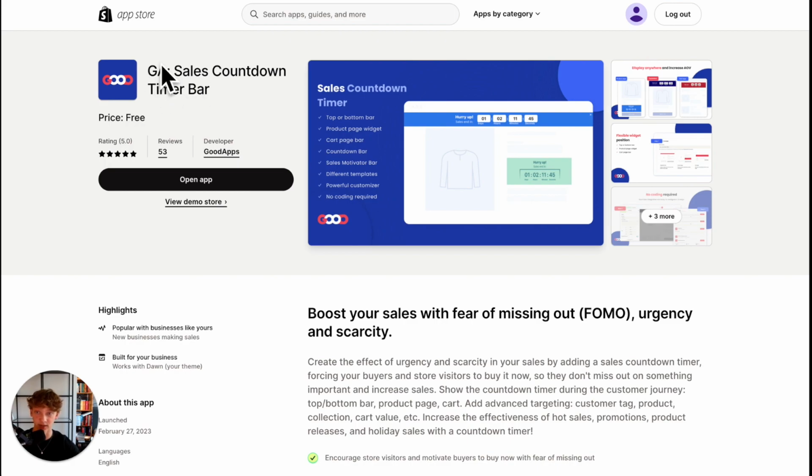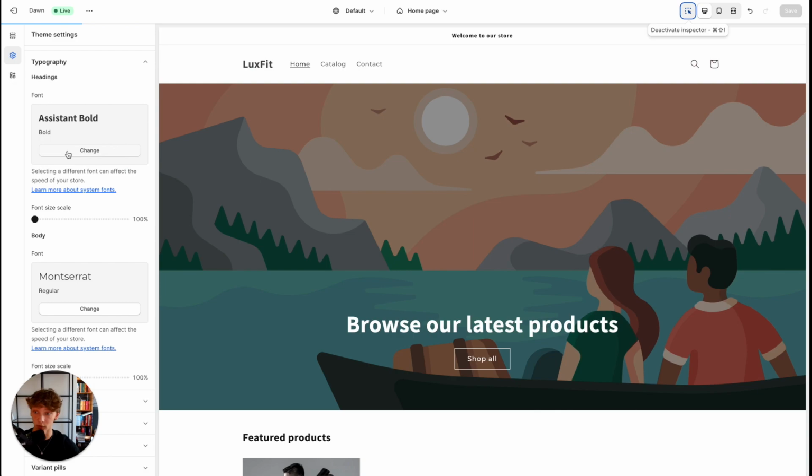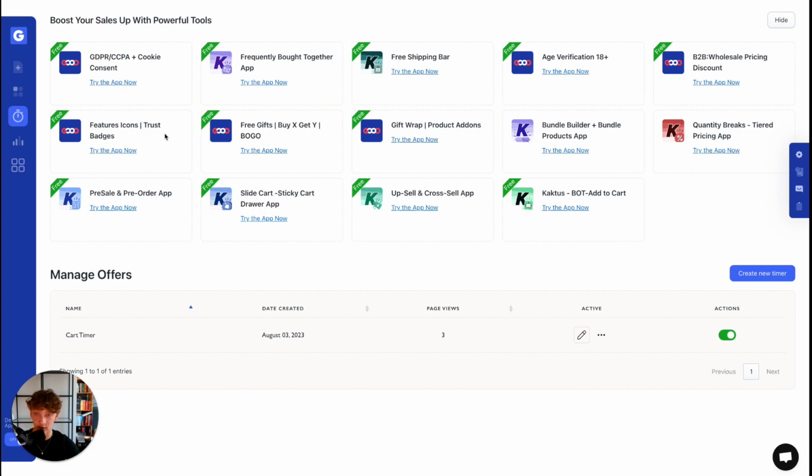Once you install this app, GA Sales Countdown Timer Bar, you will have the option to open up the app, but before that you will need to enable the app in App Embeds when you customize your Shopify theme. But once you enable this and click on Save, you can go back to this app. It will actually walk you through the whole process of enabling that, and once you're back in the app, you